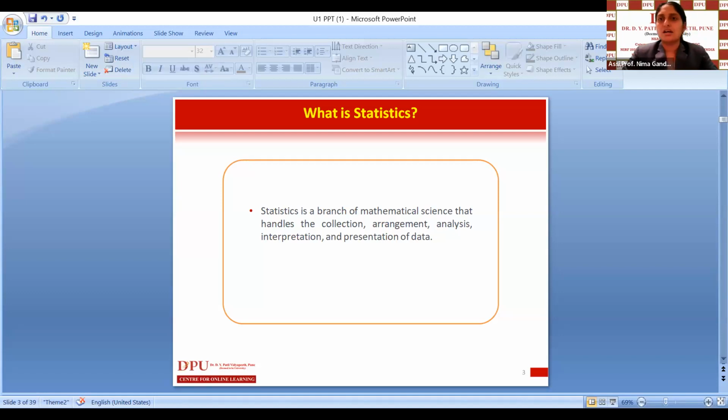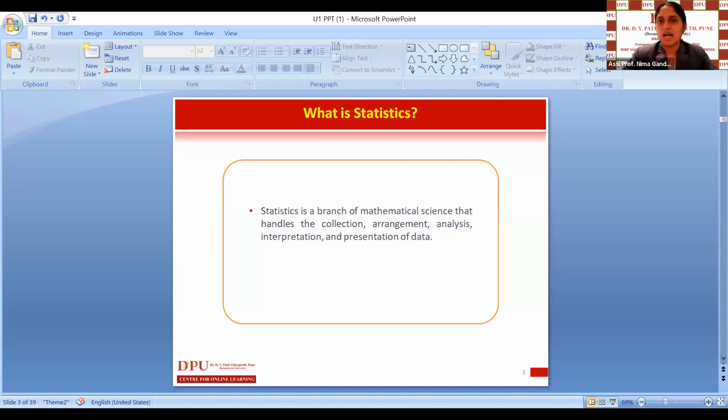So these are a few of the areas where we generally use statistics. Generally, statistics is used everywhere. In each and every area, we use statistics. Okay. Use of statistics in government. So in demography,